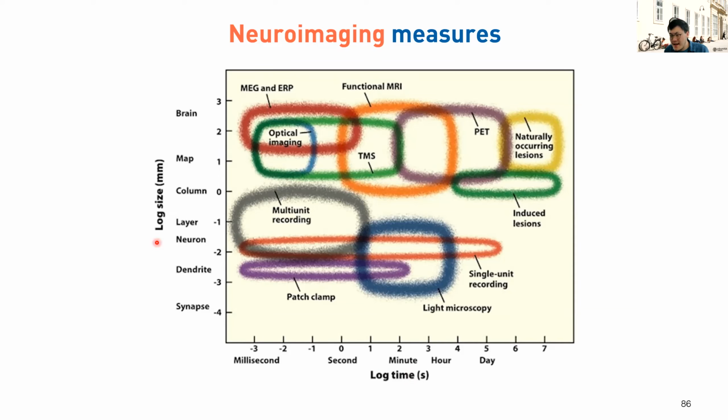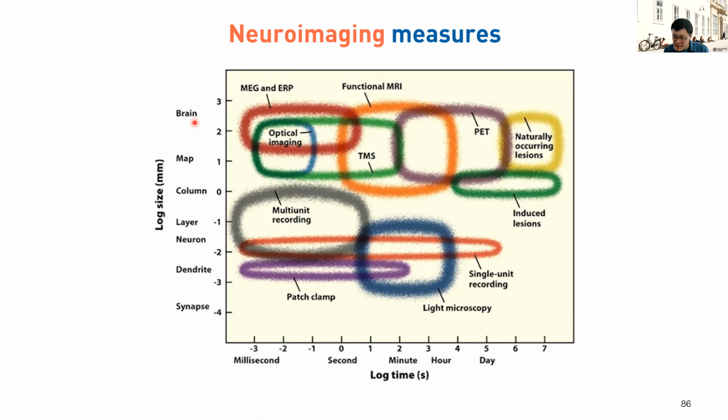So one is the temporal dimension, and here this is a spatial dimension. The temporal dimension goes from the millisecond, the second, minute, hour, day, week, month, year, maybe. And here the size: are we entering the synapse layer, or the resolution, or the dendrite, the neuron layer, the column, like the map or regions, or the entire brain? So how precise we can go. So these questions